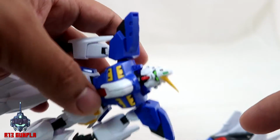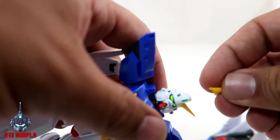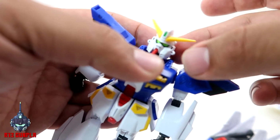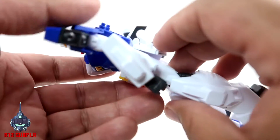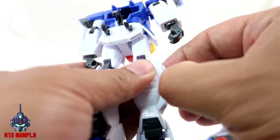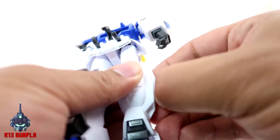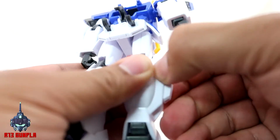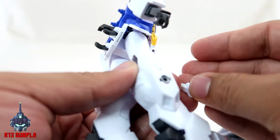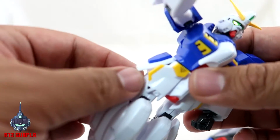This is actually one of the units where the fins itself is two separate pieces. You can actually just slide it right in. It's really not that bad. And here's another one here for the leg. So there's definitely some customization plans here for this unit, since there's slots here that you can actually remove. See? And then the last feature for this unit is